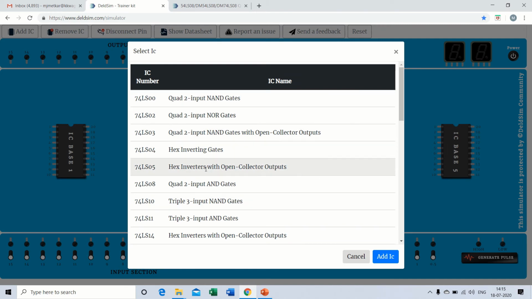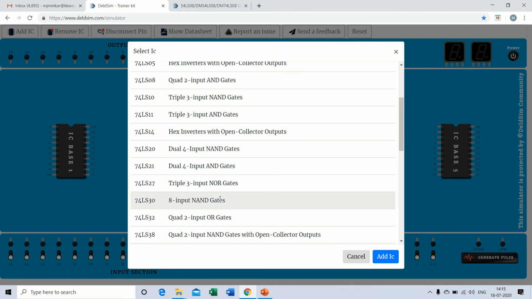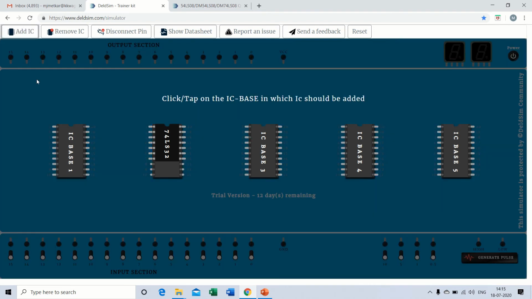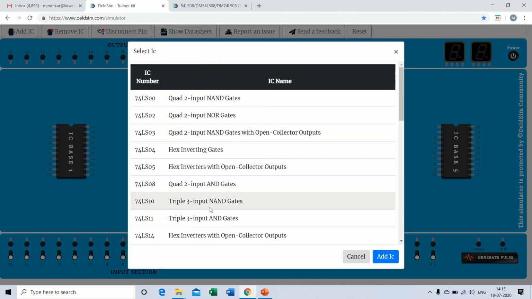So I will add another IC, suppose an OR gate. The OR gate is added at the second base. Similarly, I can add one more IC. Suppose at the first base I am adding one more IC.